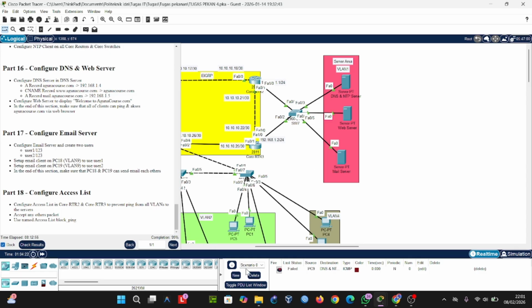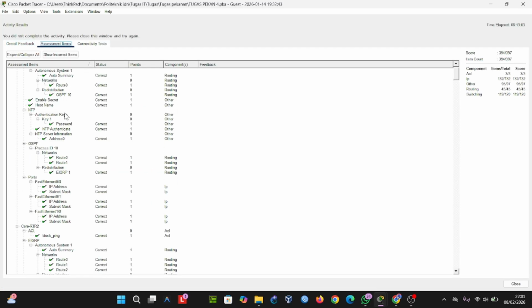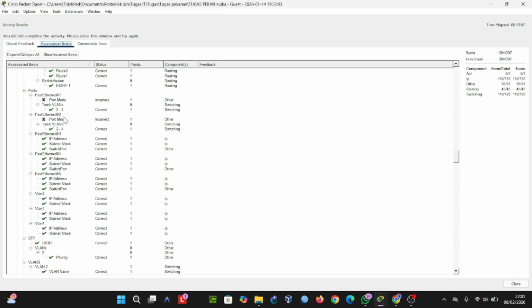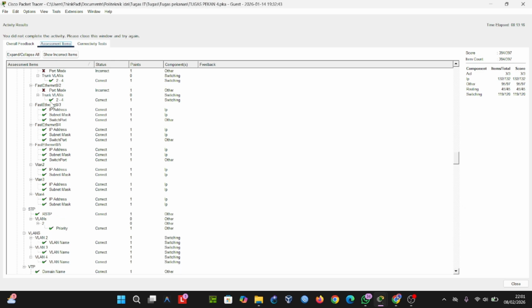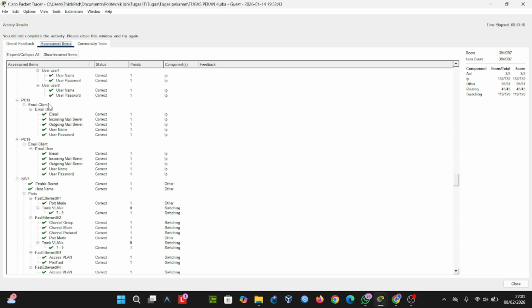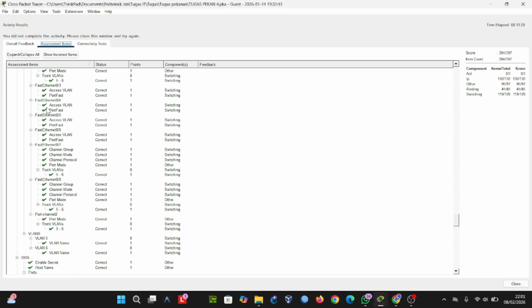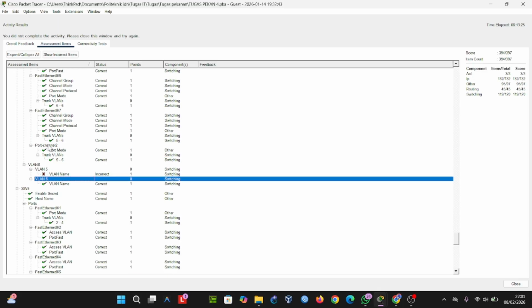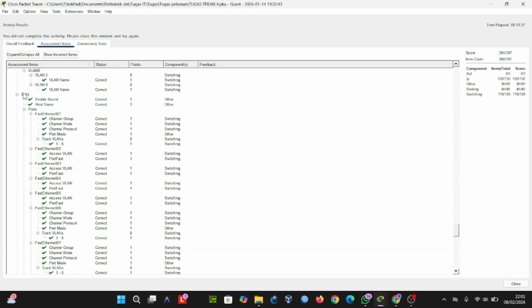That's the server, and this is the comparison in 99 100. The wrong one is this, a port model. I have configured port model but it's not checked off, and I don't know what the problem is. The second is VLAN name. This is the configuration of VLAN name in switch 4.